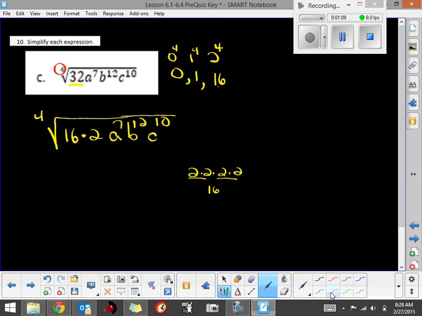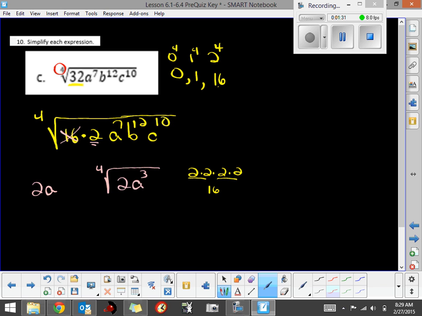And now I'm going to take the fourth root of 16. The fourth root of 16 was a 2. We can't take the fourth root of 2 out. There isn't any other perfect powers of 4 in 2, so that stays under the radical. And now we simply start doing our division and see how many groups of 4 are in a to the 7th. Well, there's only one group of 4 in a to the 7th, and we leave 3 a's behind,